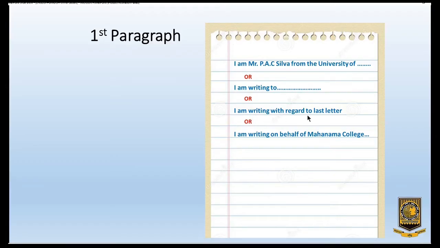I am writing with regards to the last letter. You can use this phrase if you are referring to a letter you received formerly. You got a letter earlier and you are writing a reply to that one. So, I am writing with regard to the last letter. Or I am writing on behalf of Mahanama College, and so on, you can write. It depends, because children, you have to use these phrases for the purpose you are writing for. Then,